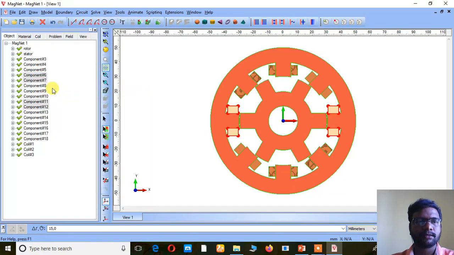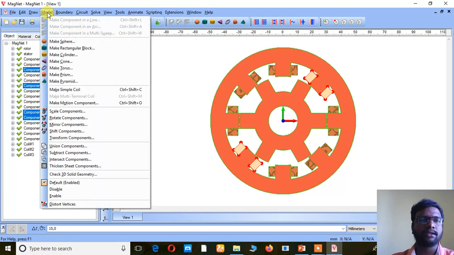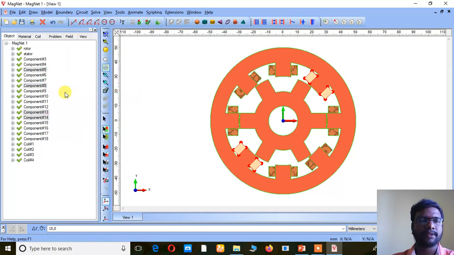Again, going to it and giving it as a coil.